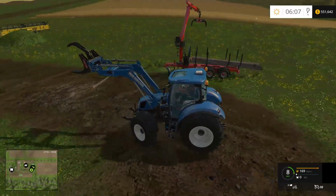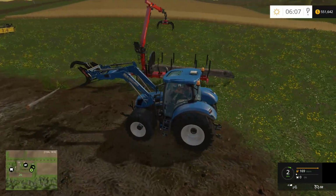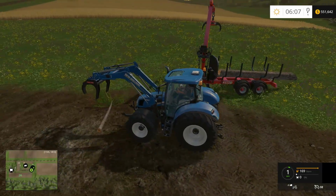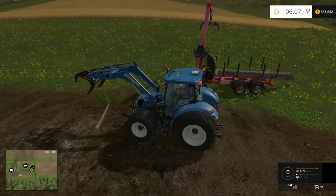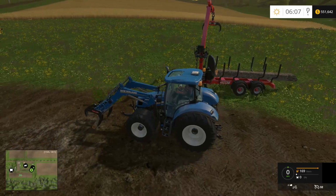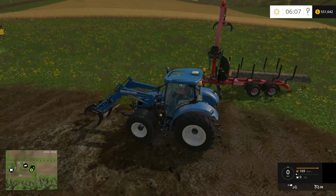This is where, when Seth is here helping me, it helps a lot to have a second person to push it onto your forks, but you still can kind of pick it up. The downside is this log is so small that it's very difficult to pick up, but you can, and if you have multiple toppers like this, you can actually